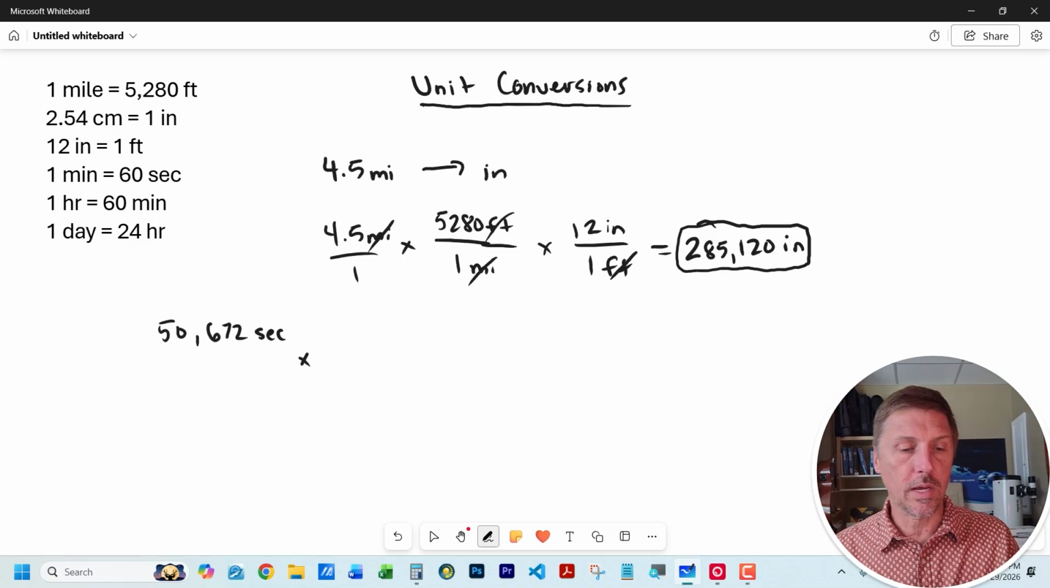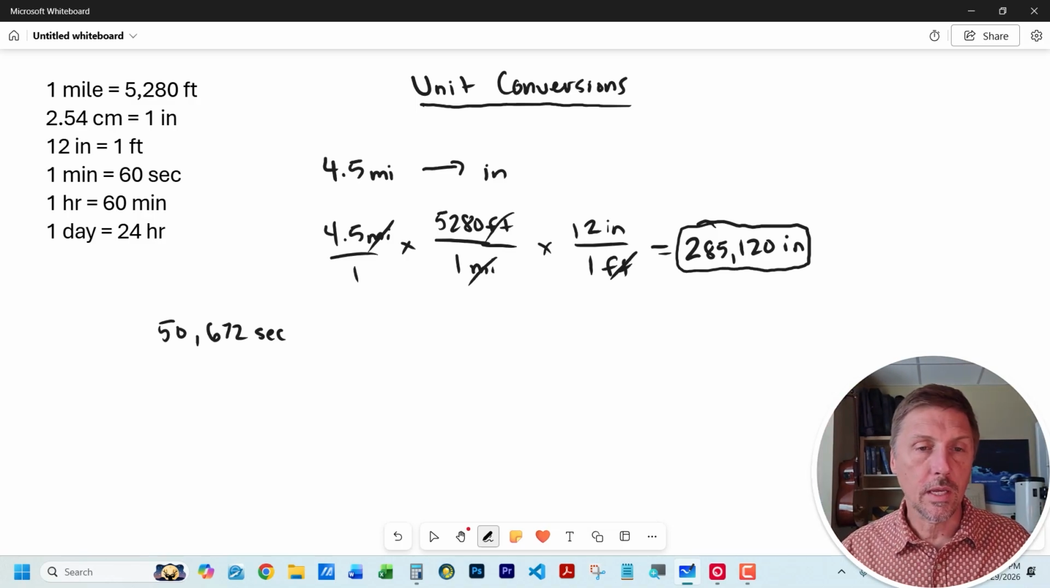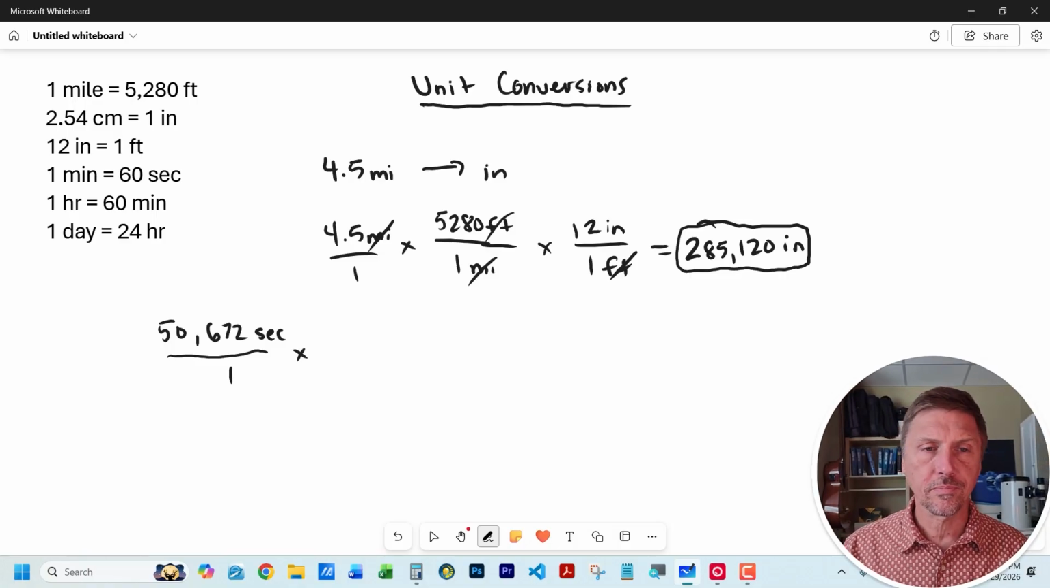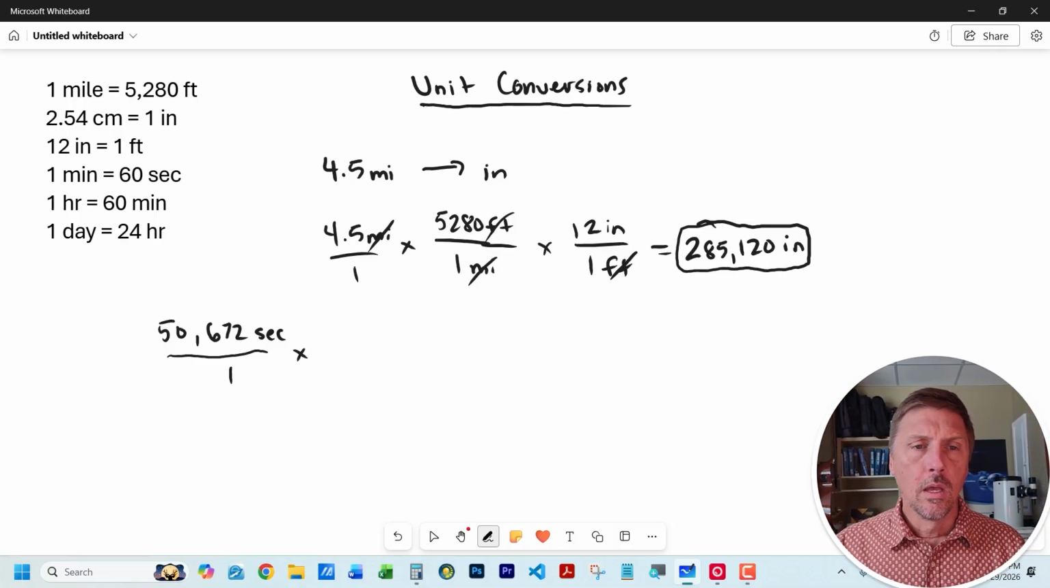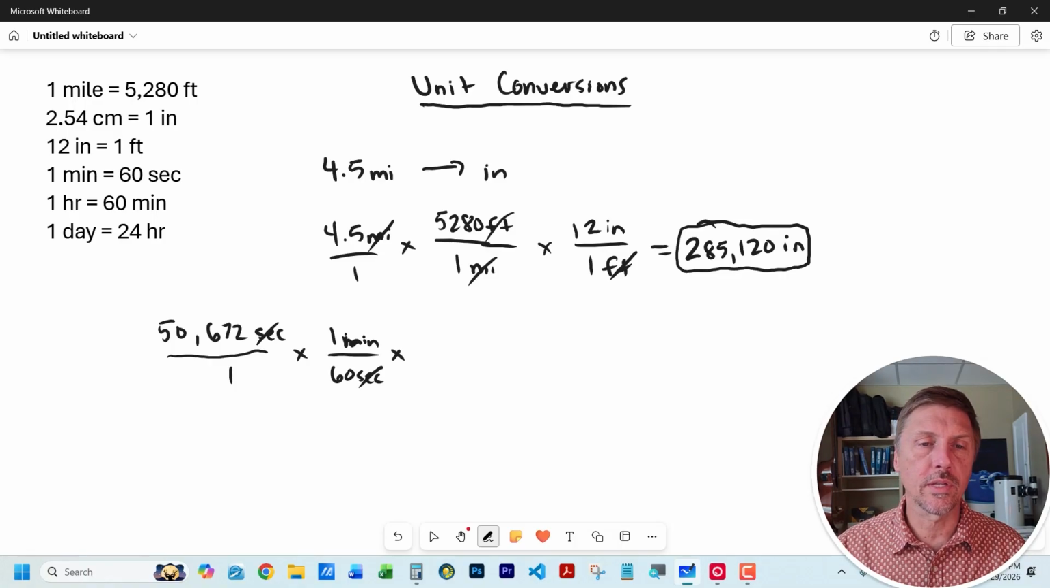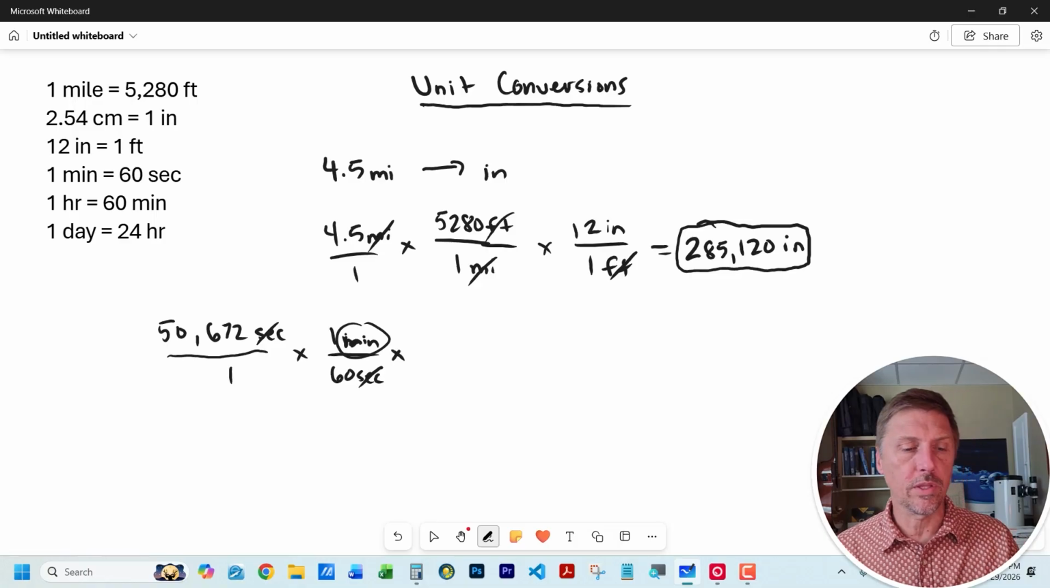We're going to multiply this value here. Again, thinking of this as being over 1, we're going to multiply it times 60. We want the 60 seconds to be on the bottom and the minute on the top because we want that to cancel out, right? So 1 minute over 60 seconds times, then we're going to convert, so those seconds will cancel out and we'll end up with a unit of